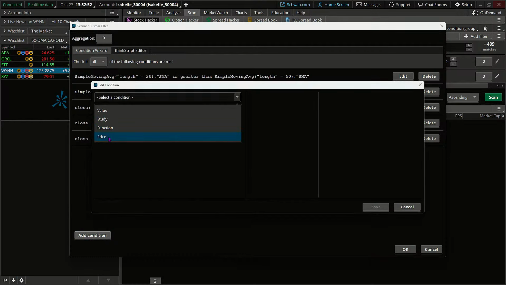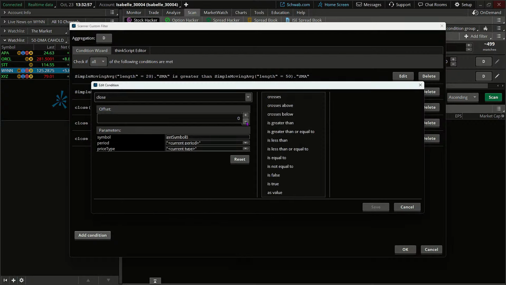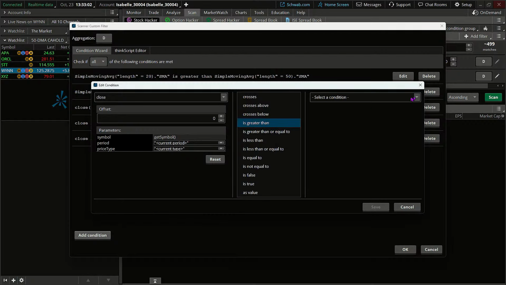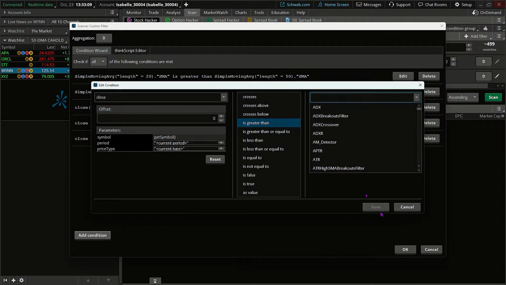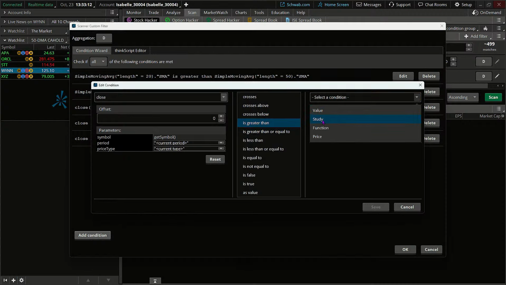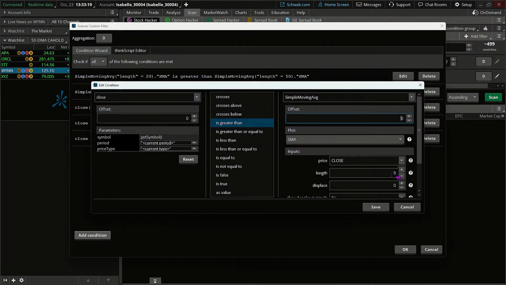So we're going to be looking for a close from 1 bar ago that is greater than the 20-day simple moving average. So offset by 1 day greater than the 20-day simple moving average.